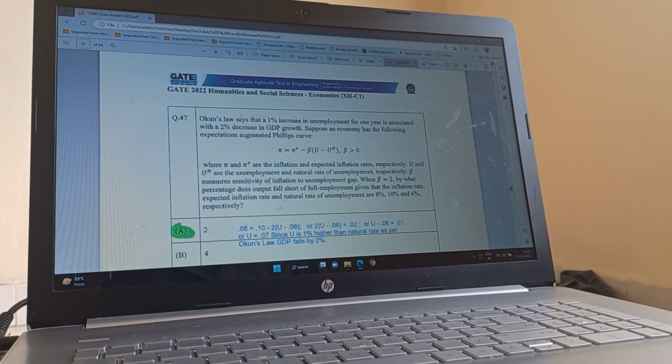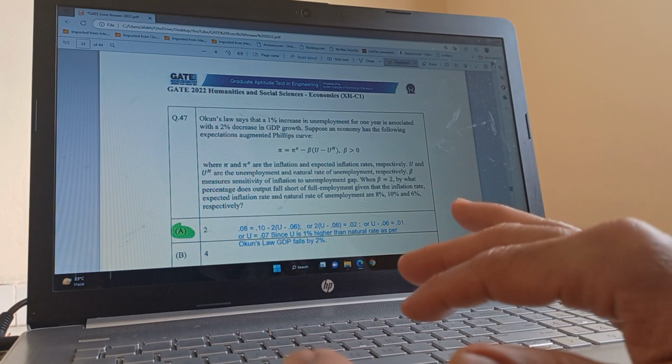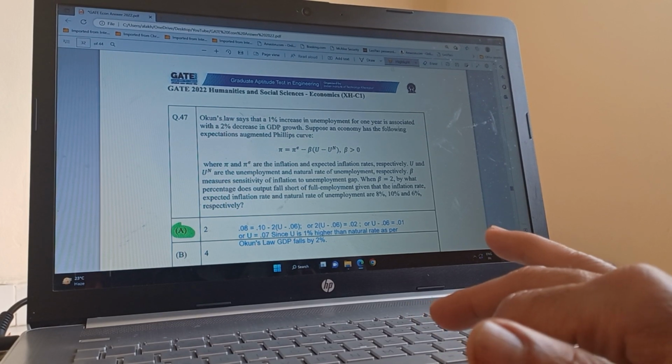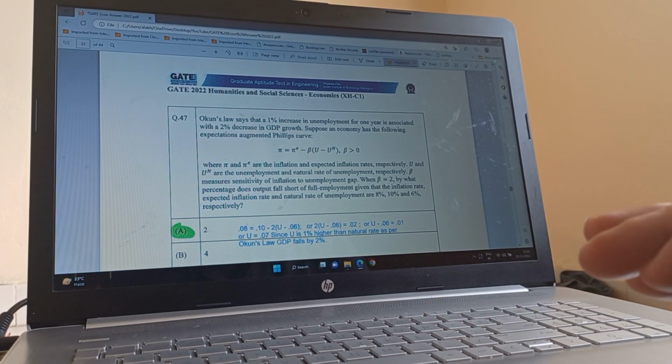The Phillips curve shows the relationship between inflation and unemployment. So where pi and pi e are the inflation and expected inflation rates, because e is the expected, and u and un are the unemployment and natural rate of unemployment respectively, and beta is the sensitivity of inflation to the unemployment gap. It measures the sensitivity of inflation to the unemployment gap. But when beta is equal to 2,